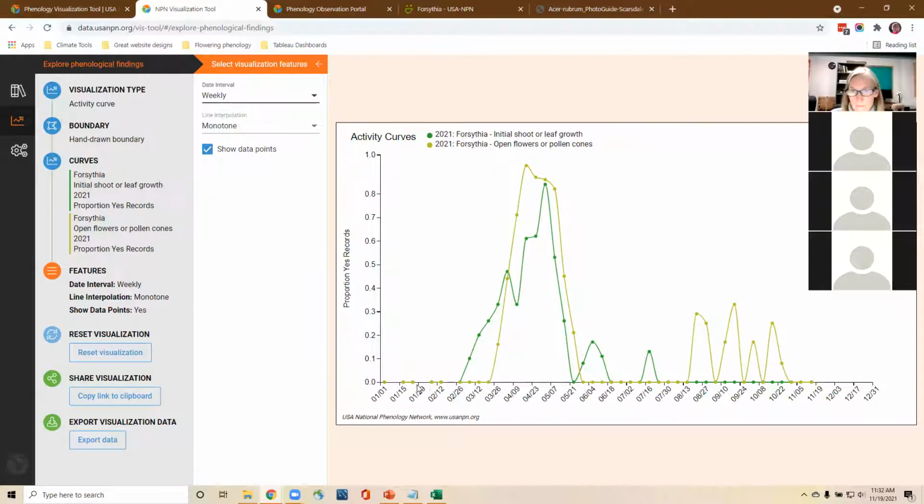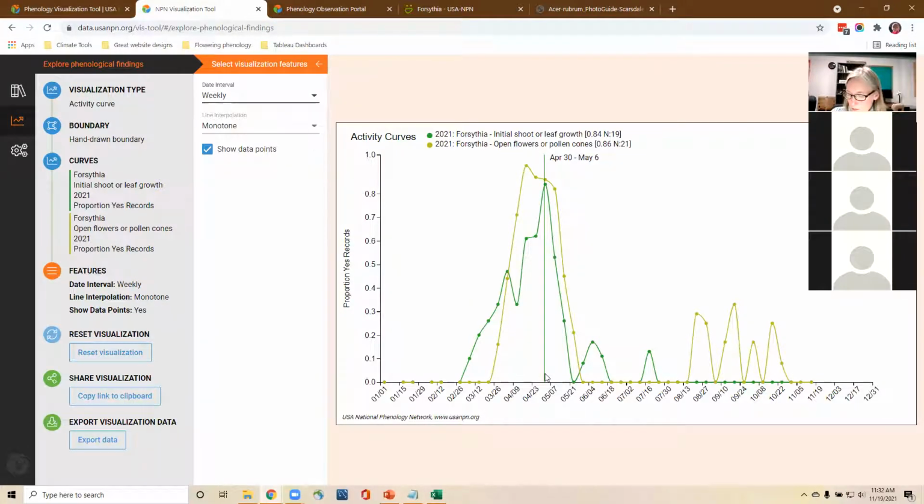Now it's summarized by each week. There's a data point if there were observations. If we look at when the peak was happening here, that's when the highest proportion of people were saying yes for open flowers. If you go up to the top, there were 24 plants involved in this, and 92% of them were people saying yes to open flowers. And then if we look at the peak for the initial growth, that is 19 plants, and 84%